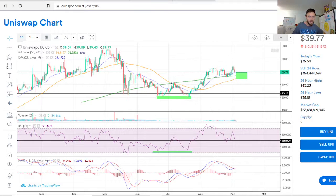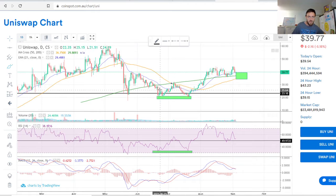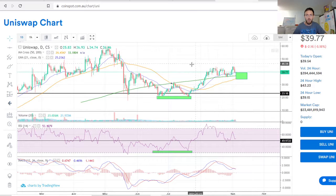We've seen we make this W pattern, all right, underneath the moving average, and then it's come over and it's flipped it for support, and it's making the bull flag same as XRP. Like a lot of things, it's looking bullish. It's looking very, very bullish. But